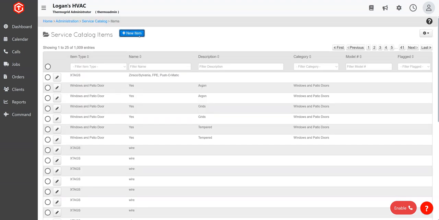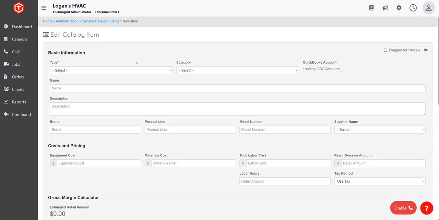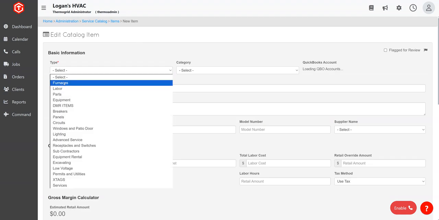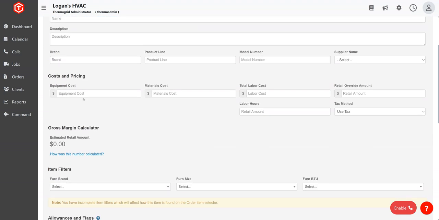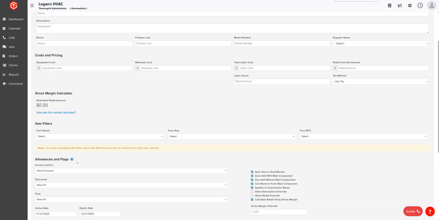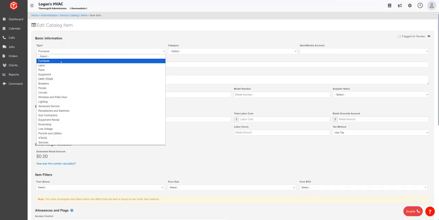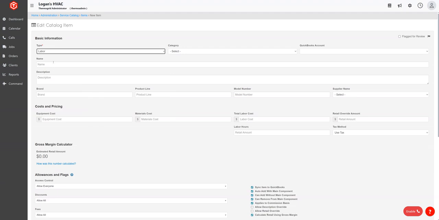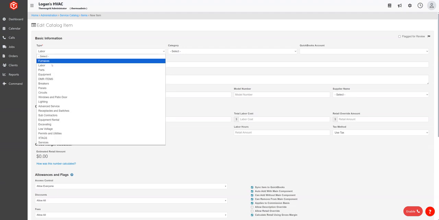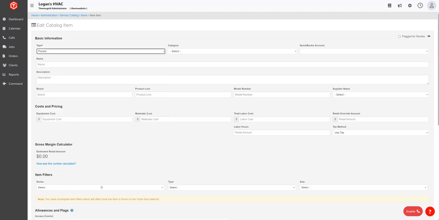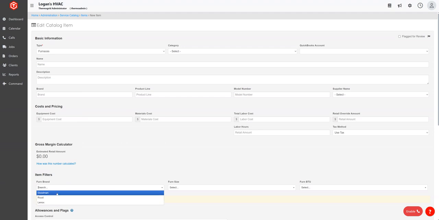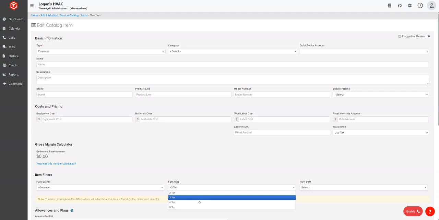create a new item. Once I create that new item, we'll be able to choose the type, furnaces, and one thing you'll notice, it now says item filters down here. So I'll zoom out a second so you can see this adjust. If I go to labor, that goes away because we don't have filters on it. If I go to panels, it adds its own specific details. But if I go to furnaces, it lets me choose the brands that I input, the sizes that I added,